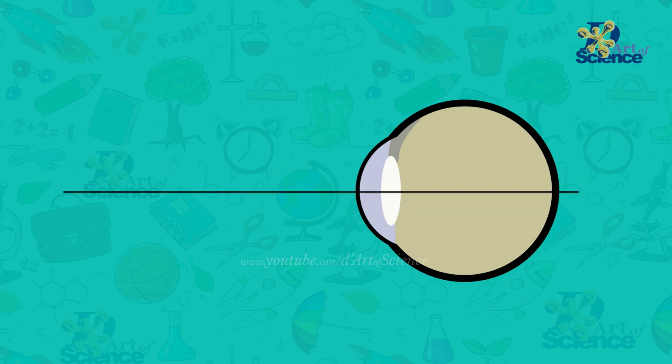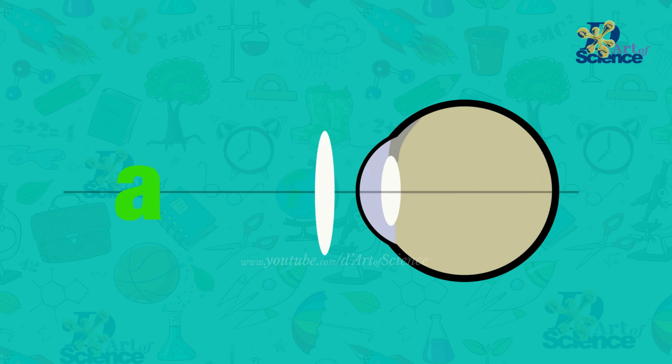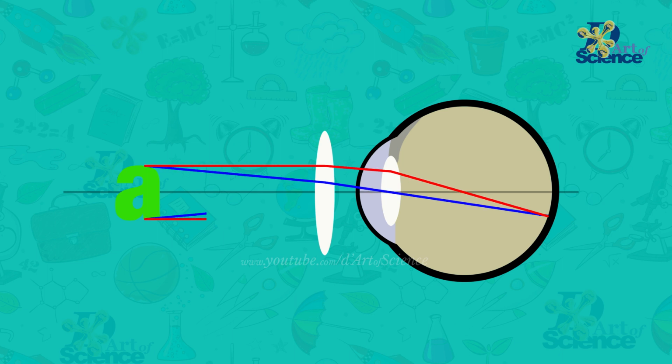Hypermetropia is the opposite, and I used to remember it as the hyper one. Here the person cannot see things which are close by, like reading becomes difficult, but people with hypermetropia can see far away things like normal people do. This is what happens in hypermetropia. The rays converge beyond the retina. Convex lenses are used to correct hypermetropia.